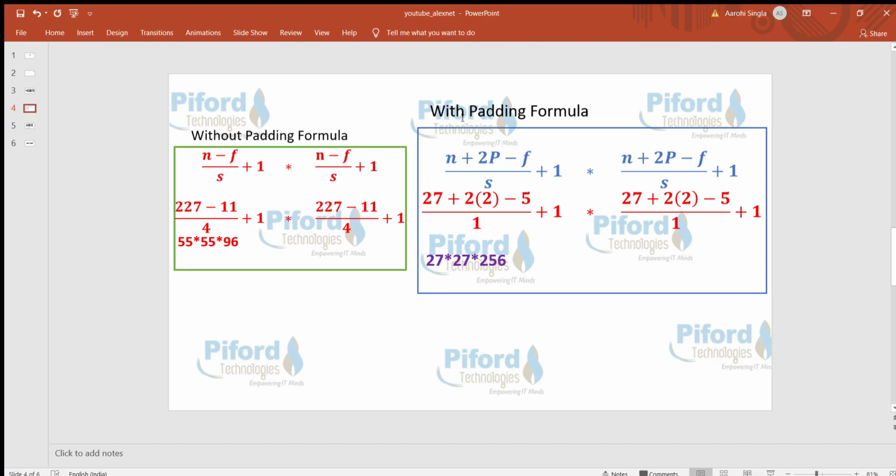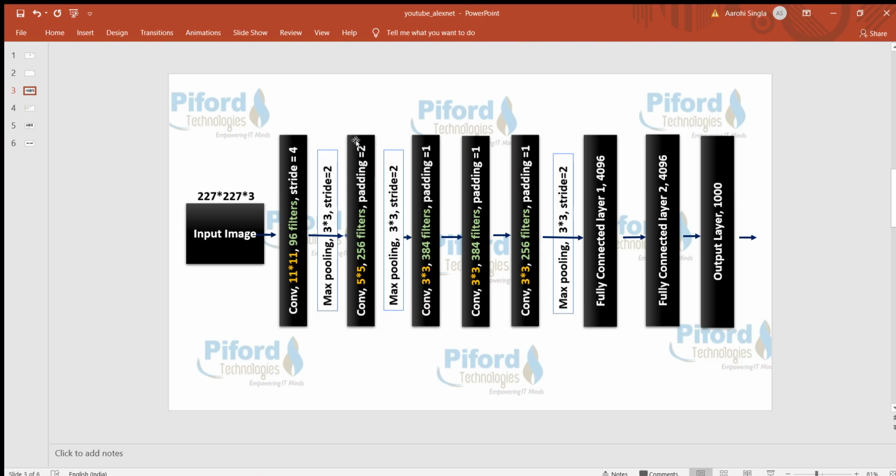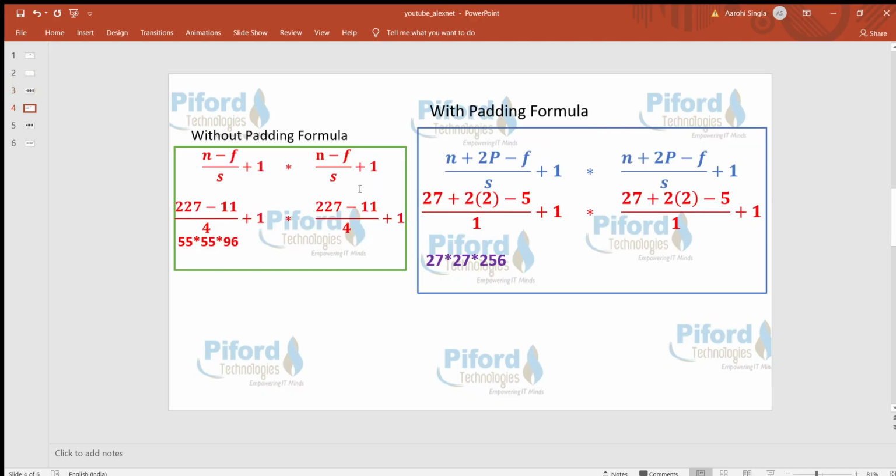And if you are using padding in the layer, for example, let's talk about the second convolutional layer. Here we are using 256 filters of size 5 by 5 and we are using padding. I haven't mentioned stride here. When stride is not written, that means stride is 1, by default.